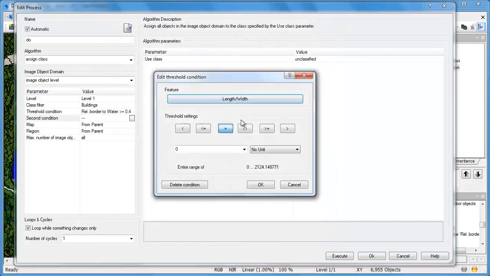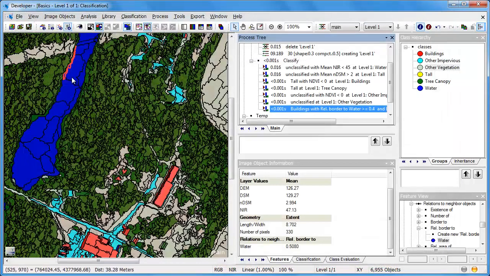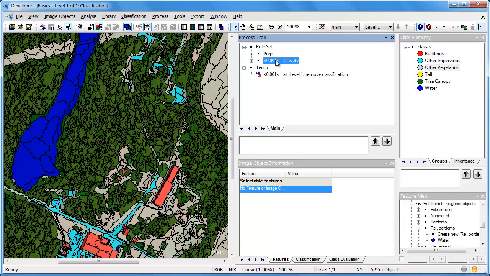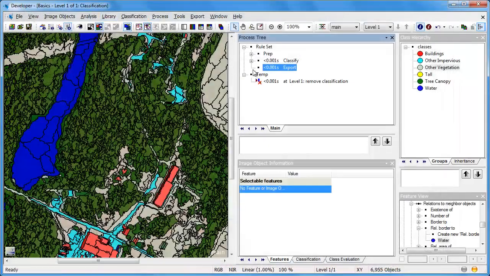That is to say that if your length-width ratio is greater than 6. So two criteria here, length-width ratio and relative border to water. Both of those criteria are met, you're now assigned to the water class. So we can see here that using a variety of steps, segmentation, simple classification, and complex classification, we've been able